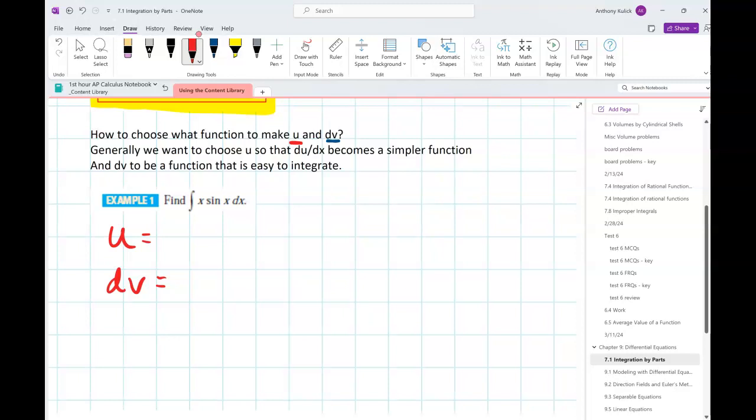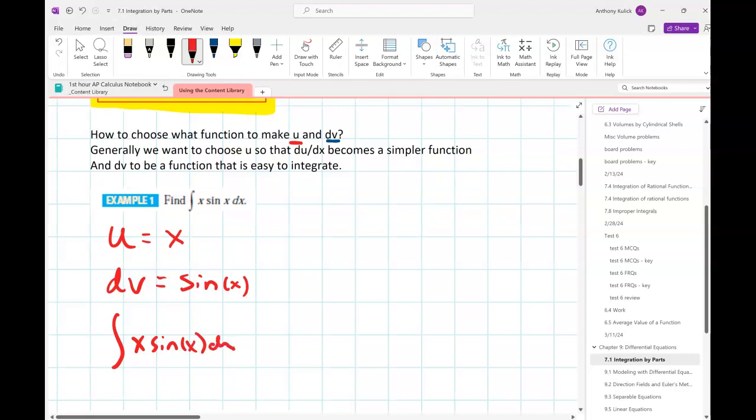X. So let's pick u to be x, and that makes sine x our dv. So far, so good. Okay. So we're going to say then that the integral of x sine x dx is going to be,